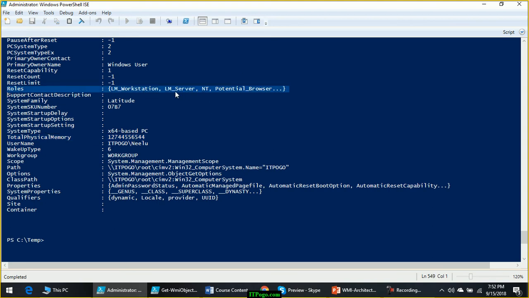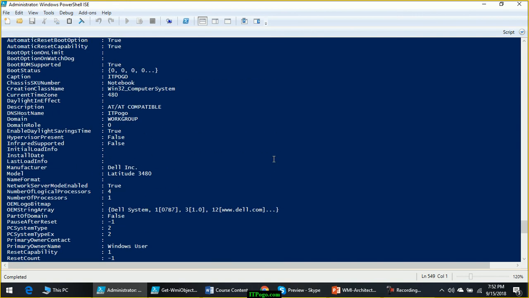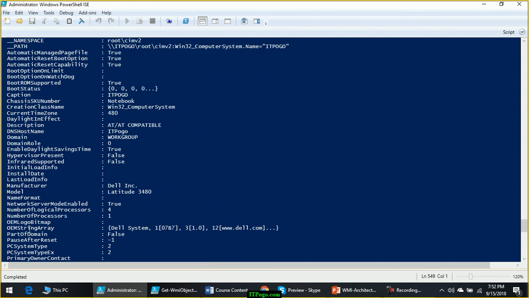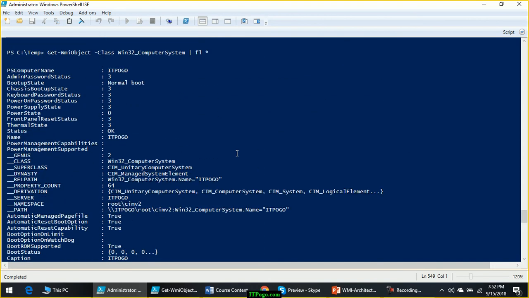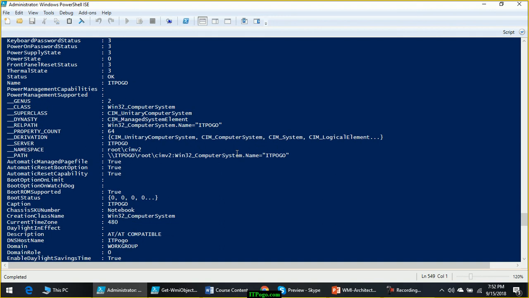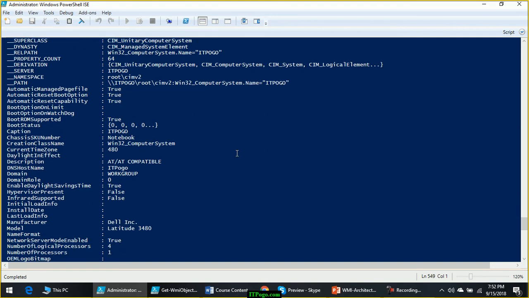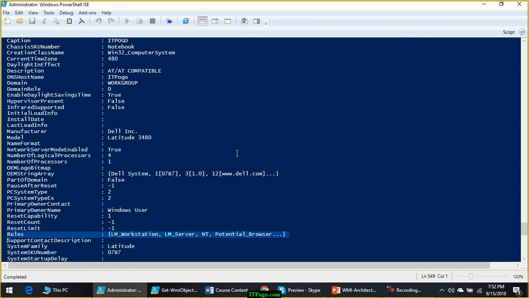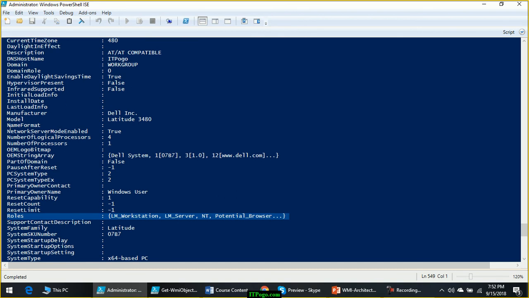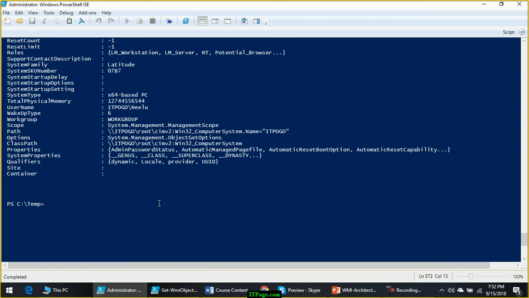When it is in a work group, it will have both workstation and server roles, and it will give you details about the manufacturer. All the details you can check here. Computer model. So we are getting the real-time details.